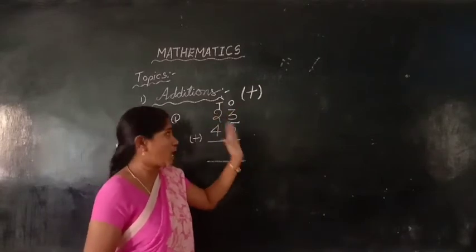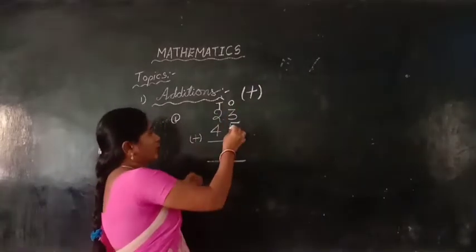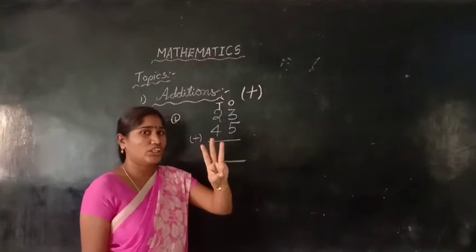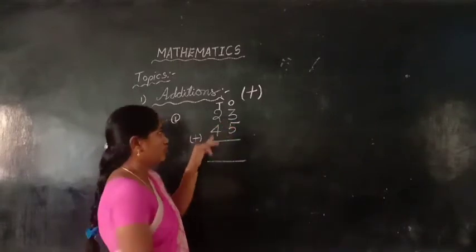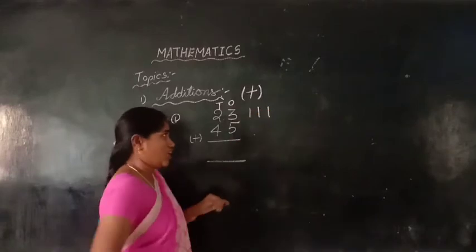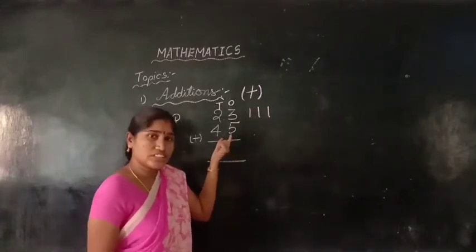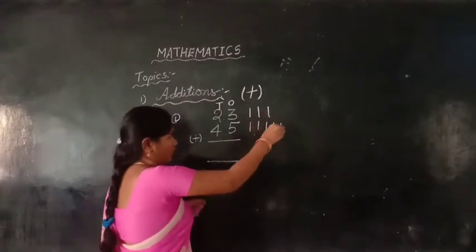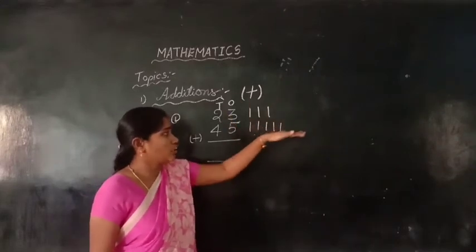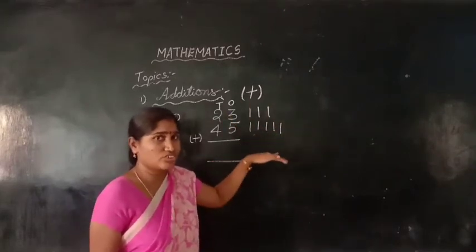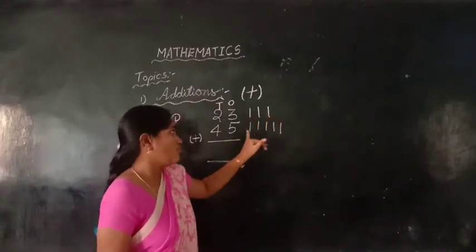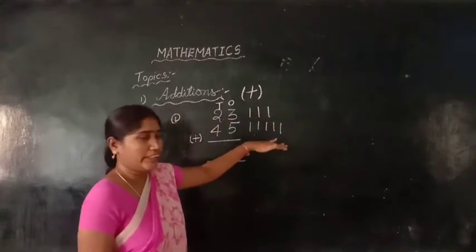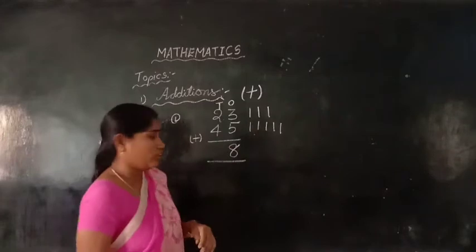Now we will do the one-digit line first. With 1-digit numbers we have to do the first addition. Okay, look here. Which is this number? 3. Now how many dots will we take? 3, because it is 3. Now we will take 3 dots. 1, 2, 3. Next, see this number, children. Which is this number? 5. So we will take 5 dots. Now we will count the total dots. Shall we count now, children? 1, 2, 3, 4, 5, 6, 7, 8. So how many total dots here? 8 dots. 8. Very good.